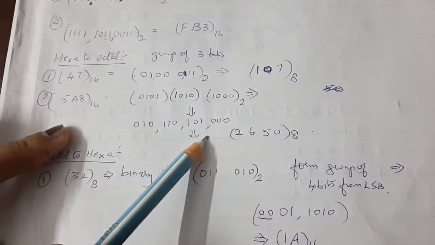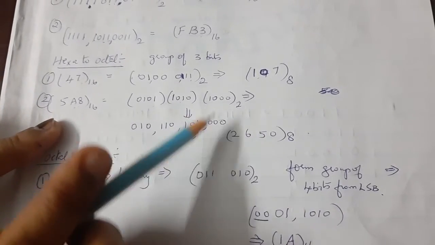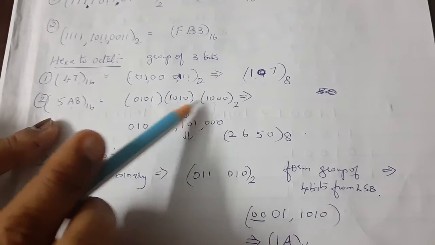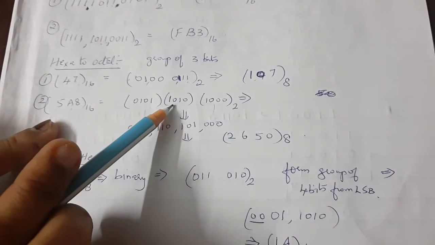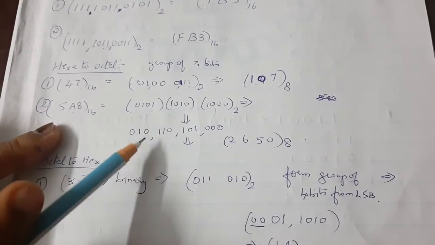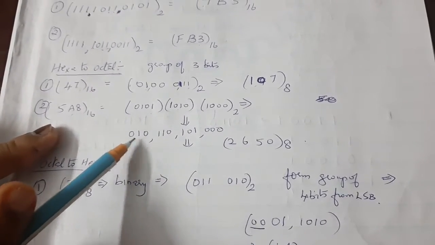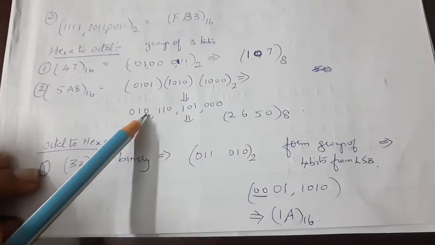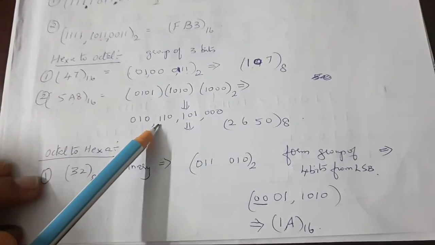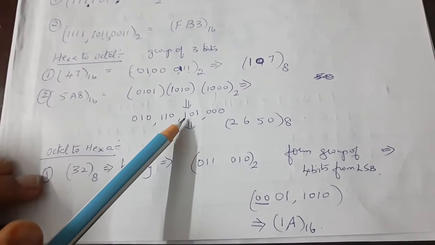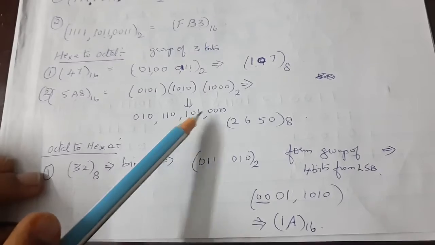This is binary. From here group into 3, 3. I have grouped it into 3. How have I grouped? See, 0, 0, 1, 0, 1 is one combination. Next, 1, 0, 1, 1 is another combination. 0, 1, 0 is the next combination. Grouping in terms of 3 since it is an octal. Now you write down. What is this number? 2. This is 4 plus 2, 6. This is 4 plus 1, 5. This is 0.